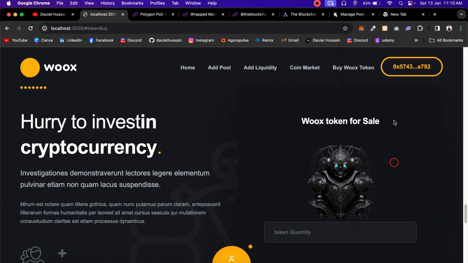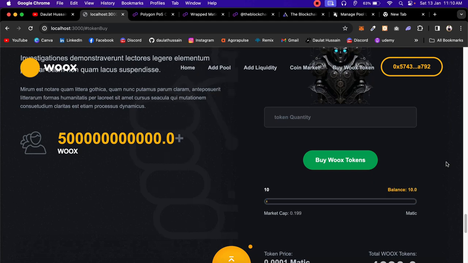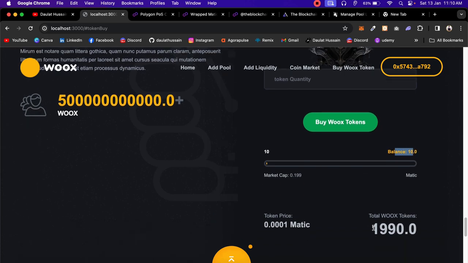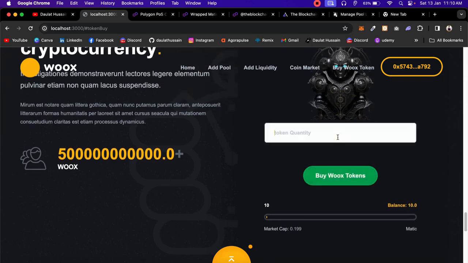Let's select use MetaMask and it's connected. Now I want to buy the token. So currently you can see that my balance is 10. This much WAX token I hold in this particular account, and right now we have a lot of token for sale. So I'm going to buy close to, let's buy 10 because I don't have much fund,